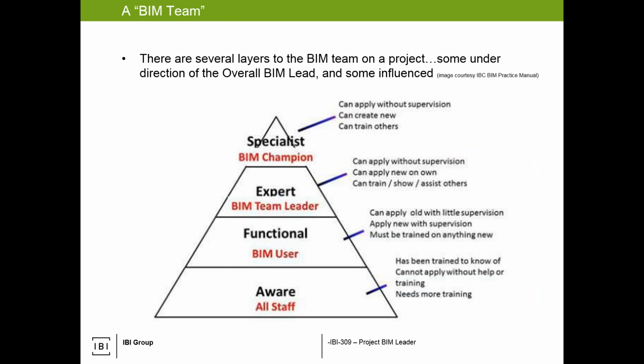This is from the Institute for BIM in Canada's practice manual. And what I liked about this is it explains that there are various levels of expertise when it comes to BIM. So we try to build global governance within the firm, but when we're setting at the project level, you'll have some BIM champions, so people who can be a project BIM leader, where you can just set them off on the project and they'll be good to go, whereas you'll have others that will need some guidance, some back and forth and some discussion, and that's all fine.